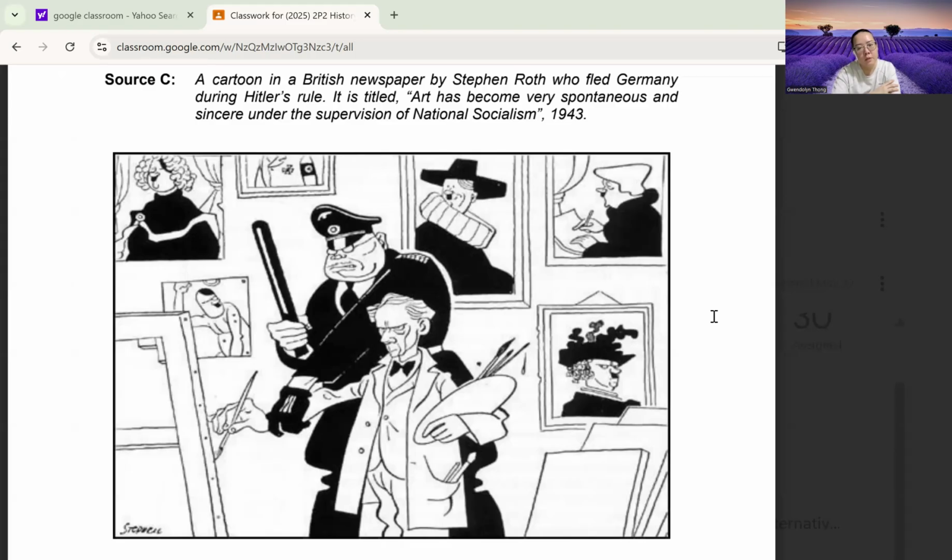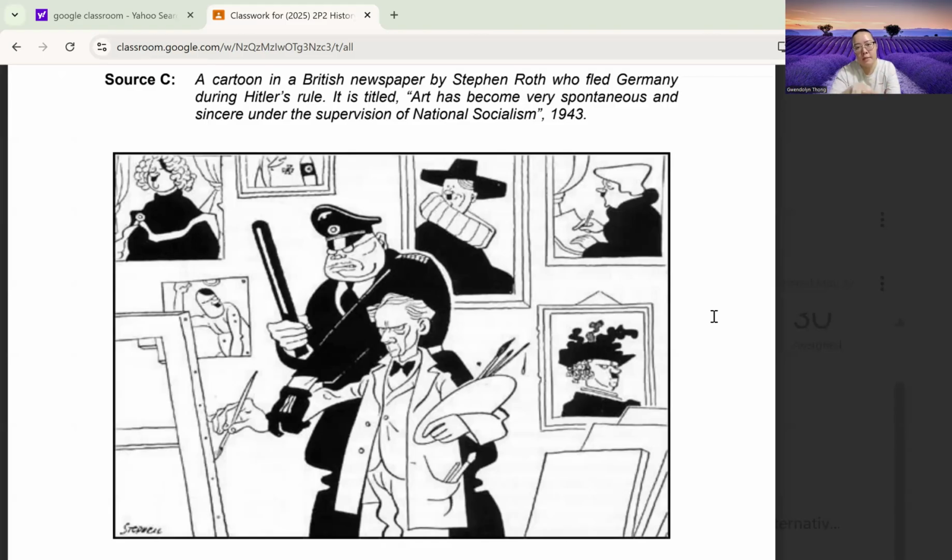Okay, so as you're looking at it, I just would like you to look at the use of literary devices, in which case, look at the title. And also look at the concept of foreground and background, right? What do you see in the foreground? What do you see in the background? And the third thing I want you to look at is the composition of the piece, right?